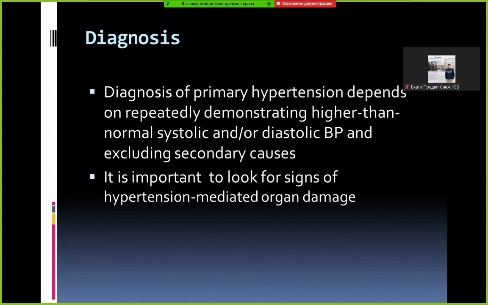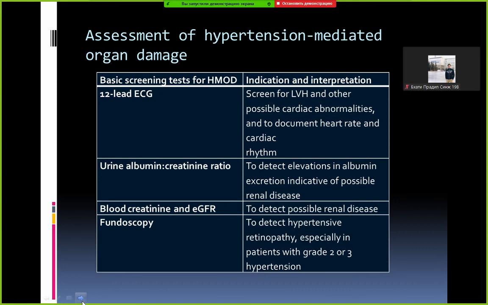Diagnosis of primary hypertension depends on repeatedly demonstrating higher than normal systolic and/or diastolic blood pressure and excluding secondary causes. And it is important to look for signs of hypertension-mediated organ damage, target organ damage. So, assessment for hypertension-mediated organ damage. The first, ECG for screening of left ventricle hypertrophy, then urine albumin and creatinine ratio and blood creatinine and calculating of glomerular filtration rate, to detect possible renal diseases,